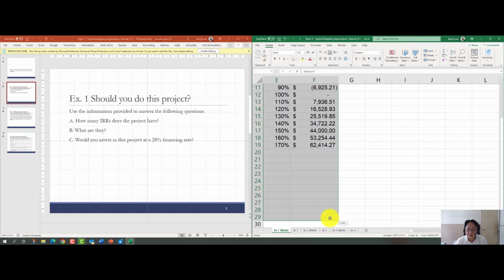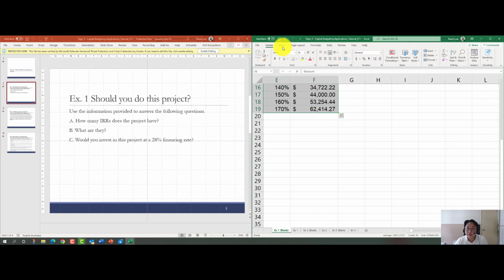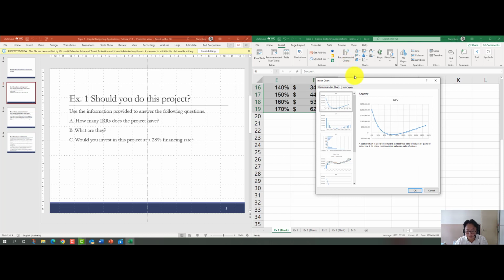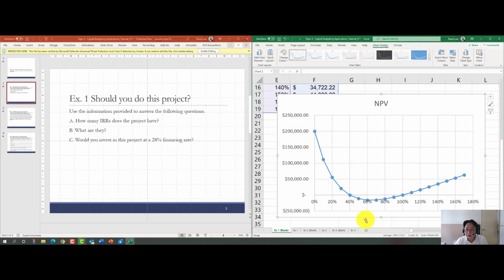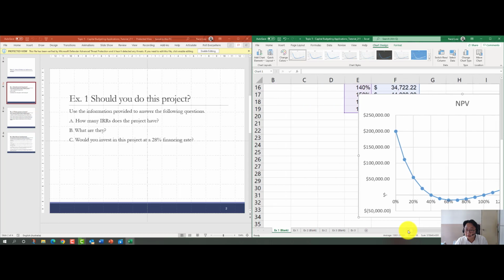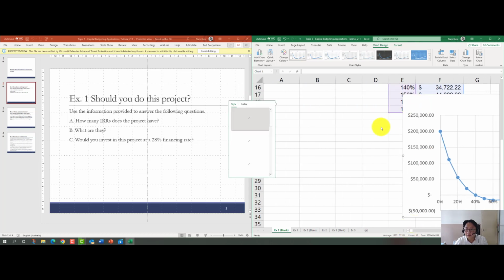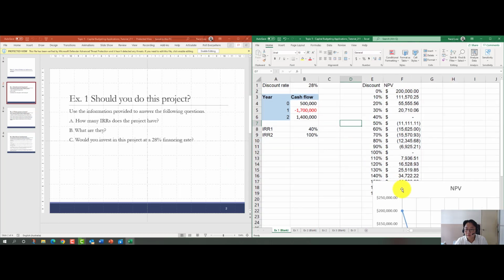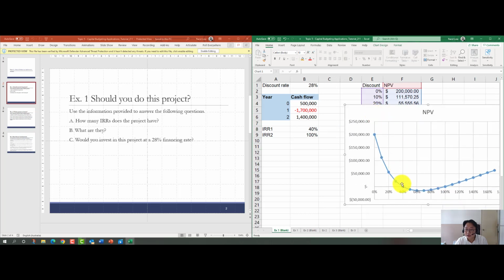So let's select these two, and then we can go insert, recommended charts, and we have this one here. So that shows us that this is NPV profile, okay, which indicates to us the two IRRs, which is 40% and 100. So basically, if we want to look at 28%, that gives us a positive NPV, so we should invest in